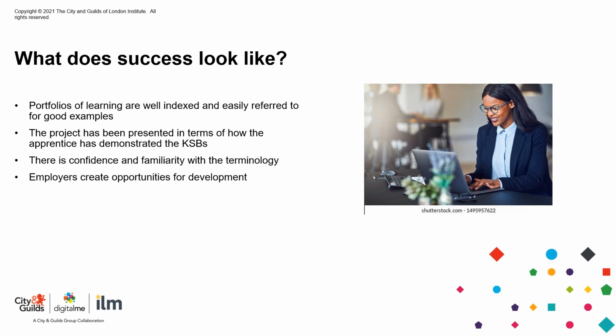Thirdly, apprentices need to understand the terminology used in the assessment plan. You would be surprised at how often apprentices ask for questions to be rephrased because they appear not to understand words such as peers, logistics, or even resources. And above all, the successful apprentice's employer has understood what the expectations are of a level 3 business administrator and has given them the opportunity to develop responsibility in their role and to support others in theirs.